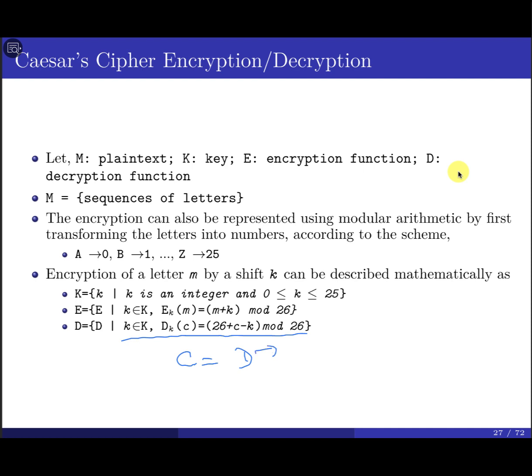And I know D, when you map this one into numbers, it's going to be 3, okay? In order to decrypt this one, you have to use the same key. So the decrypted message with key equal 3 for the ciphertext D is the following. I'm going to have 26 plus the value of D, in this case it will be 3, because I'm going to do letter by letter decryption and encryption, minus the key 3, mod 26.